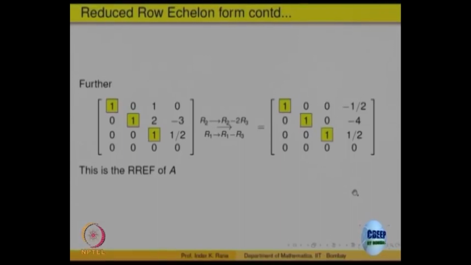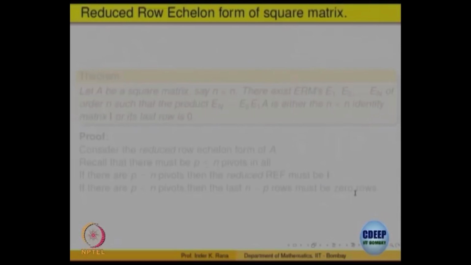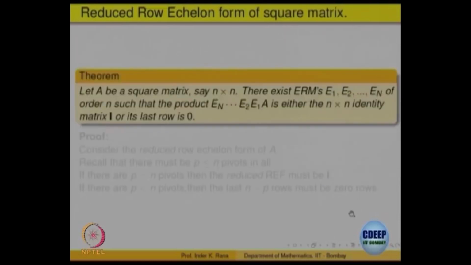How to get row echelon form, how to get a reduced row echelon form, right? And we said that these row operations can be achieved by elementary matrices. Pick up the suitable order elementary matrix and pre-multiply A with that matrix, you will get that operation. Okay, right. So we can write another theorem that